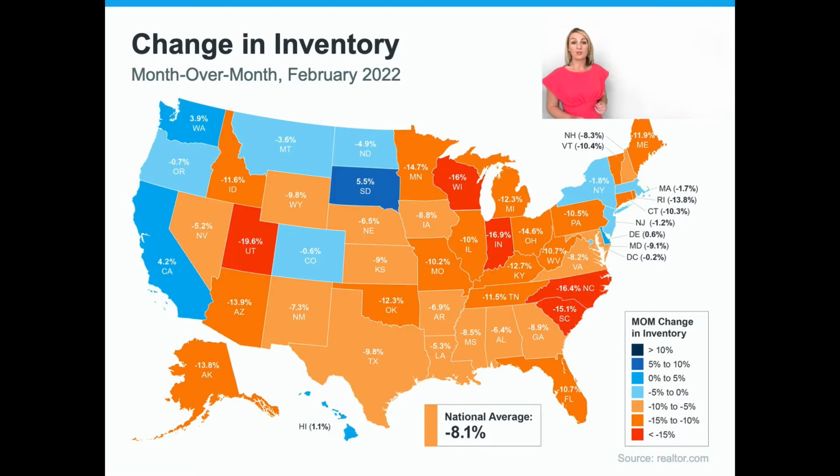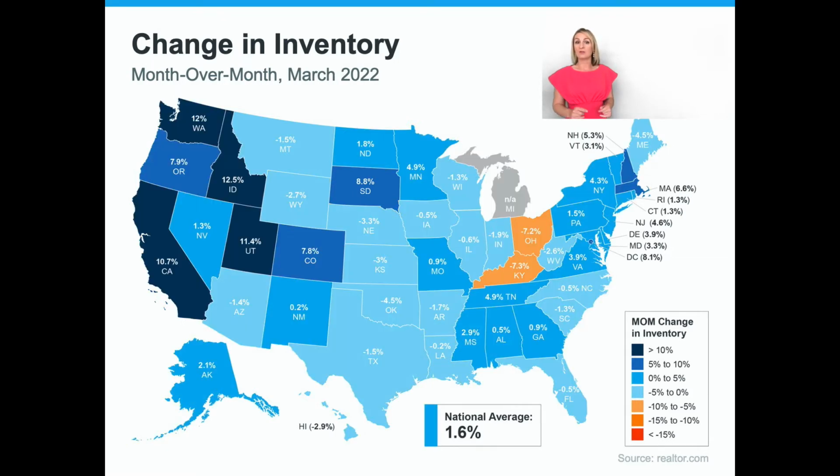Another chart which shows this trend is the month-over-month chart. From January to February 2022, you can see that nationally inventory was down 8% and Nevada was down 5%. But if you look at February to March, you can see a 1.6% increase in inventory across the nation, and in Nevada, a 1.3% increase. More blue is good, as it means more inventory is coming to market as sellers are looking to cash in